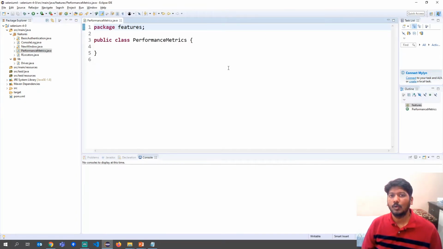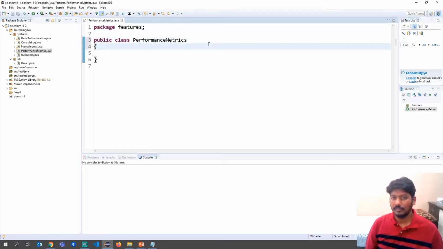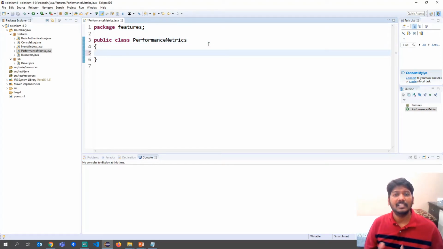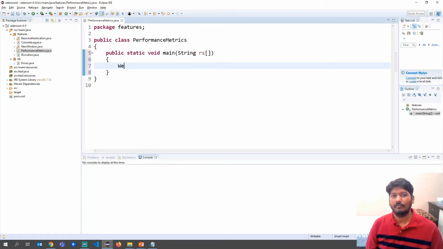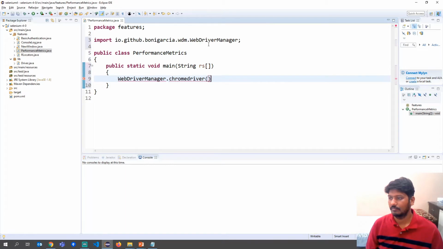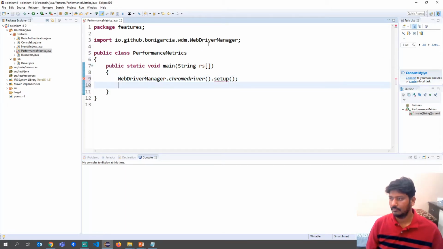Now we will create a Chrome driver. As I said, these are bidirectional APIs and Selenium is still working with multiple vendors to make sure that these APIs or this protocol will be accepted by all browsers. So we are working on Chrome browser. So we will create an object for Chrome driver.